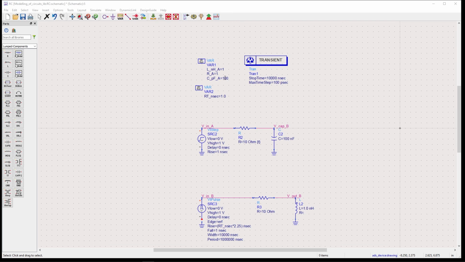So what I'll do is make this 1, 2, and then this is going to be maybe 1 picofarad, and this is going to be, say, 100 nanohenry, and 100, and let's put this as